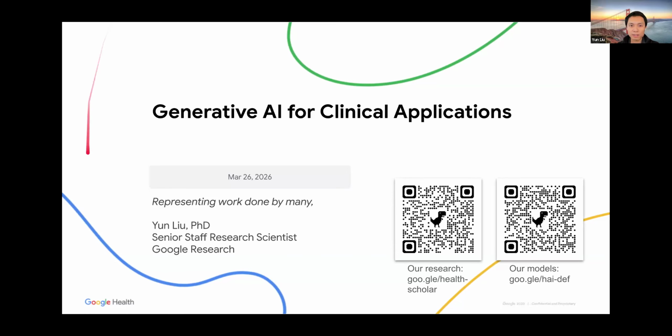Thank you, Stephanie, for the invite. Great to be here virtually. I'm a scientist with the Health AI team here at Google Research, and I've been working in this space for a while. Before this, I was actually at HST. Folks who are grad students at Harvard probably know about it. It's a really interesting program that combines a biomedical PhD program with exposure to the clinical world. In many ways it served me really well. So great to be back.